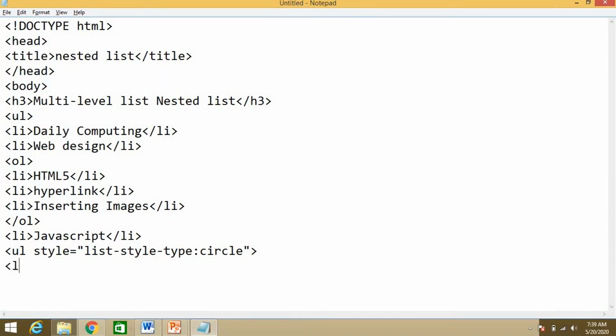in that let's have then li tag, conditional structure.